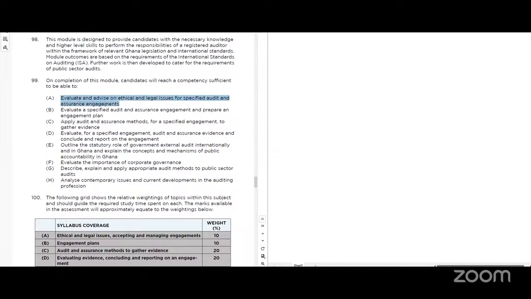Now, you see these syllabus outcomes. These are potential questions as well. Everything you see in the syllabus is actually a question. So it means that they'll give you a scenario and ask you to evaluate or advise on ethical and legal or professional issues that may exist in a particular scenario, right? So most of the time, when it comes to ethical issues, let me just,